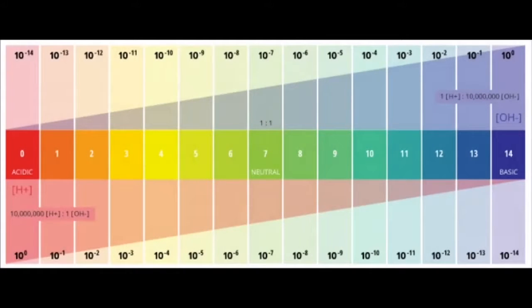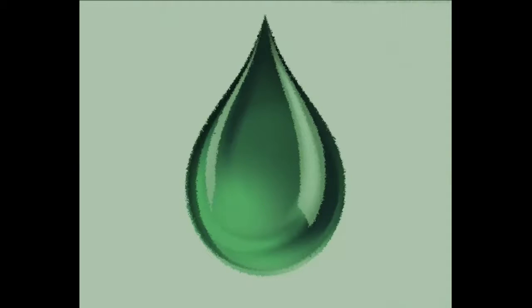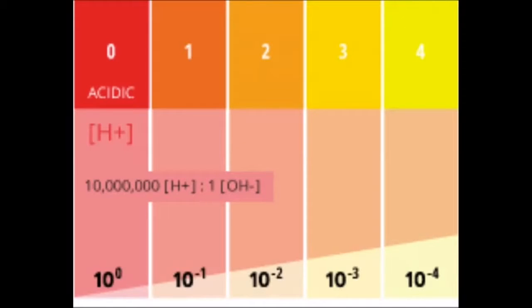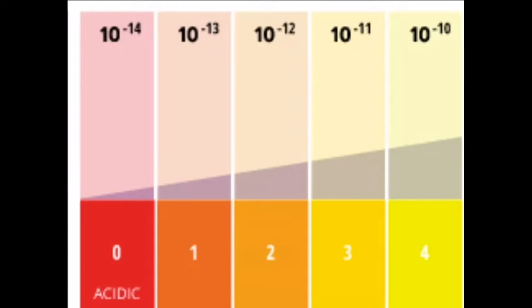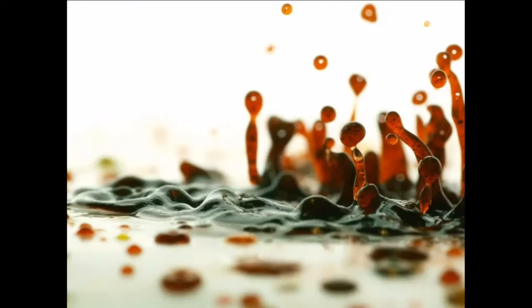From 1 to 10 on the pH scale, the measure of how alkaline or acidic a substance is, acid rain has an average pH of 4.3, and it could go even lower, which makes it relatively low. The acidity has increased by 1,000 times because each time the pH value changes by 1, it either increases in acidity by 10 times or decreases in acidity by 10 times. In this case, since the pH value decreased 3 times, the acidity multiplies by 10 3 times. 10 times 10 times 10 equals 1,000. So the acidity of normal rain has increased by 1,000 times.